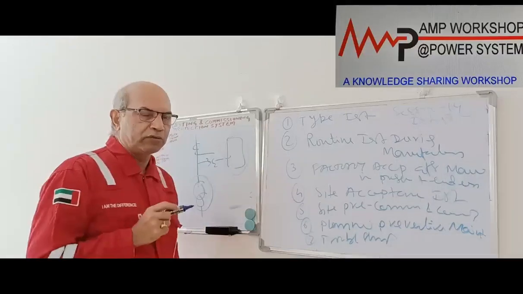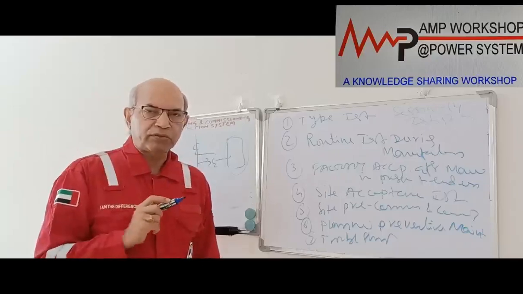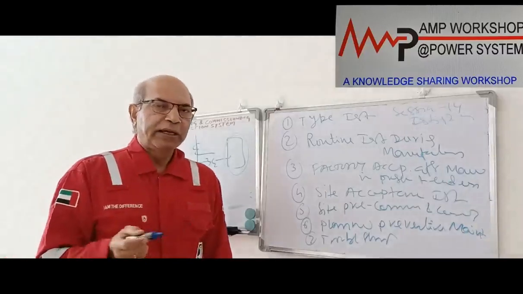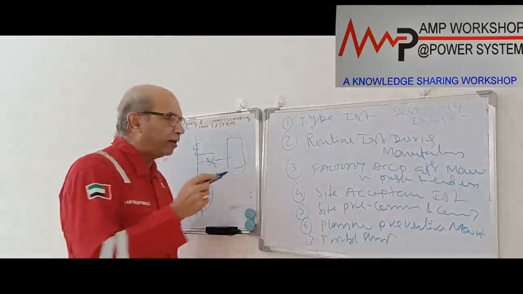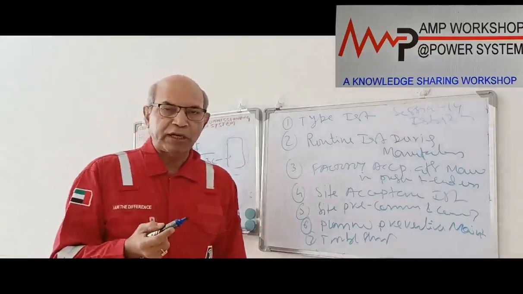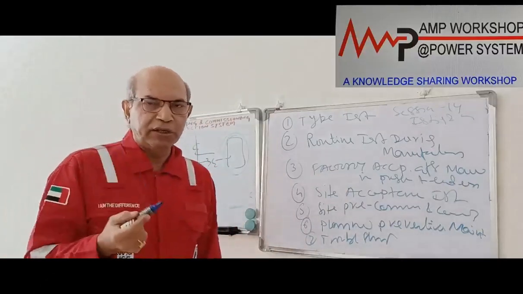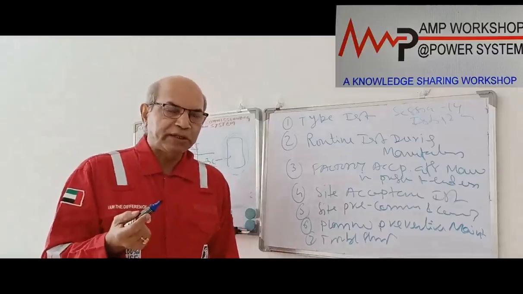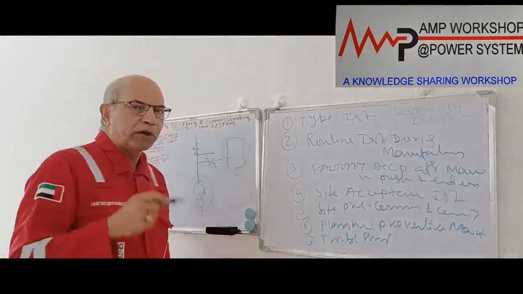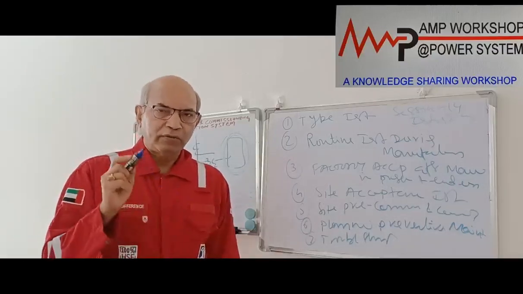Similarly, suppose this equipment is living inside a switchgear, a medium voltage switchgear. The protection relay device remains in the switchgear. Now the switchgear is powered from an external source, from the transformer. When the current flows through the busbar, a magnetic field is created, and this device is located in that electromagnetic field. That field is not constant; depending on the voltage and current of the busbar and the outward system, the electromagnetic field will also be transient in nature. Due to this, the device may maloperate. So we have to establish that the device will not maloperate and will do its job properly under all these abnormal conditions.